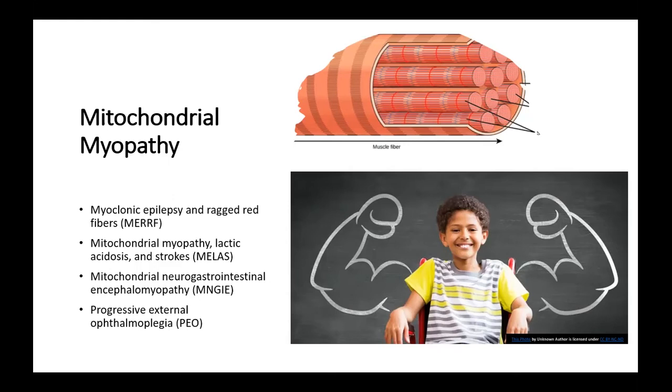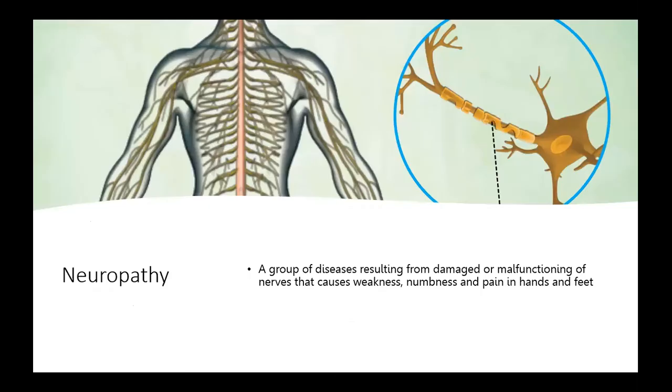And then there may be certain clues on muscle biopsy. So patients who have a particular type of mitochondrial disorder known as MERRF have epilepsy, but have this very distinct finding that we've been calling ragged red fibers. And that's based on a histopathologic evaluation of this clumping of a stain that indicates the damaged mitochondria in that individual. Now, in distinction to that, we also